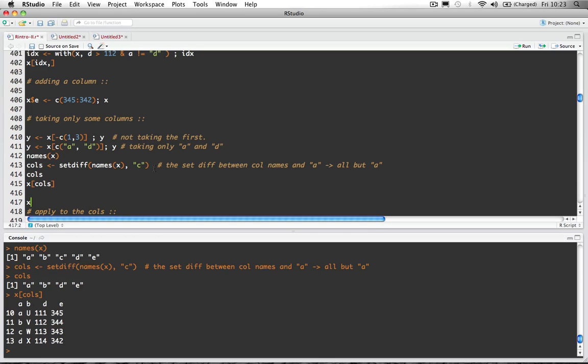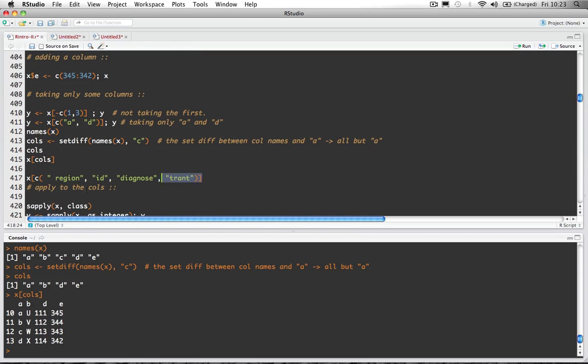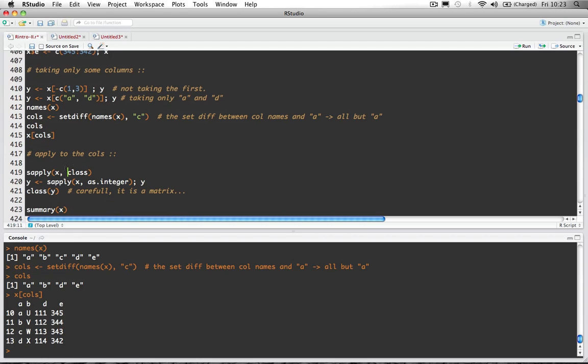X over C. The first name is region, and after second name is ID, the third is diagnose, the fourth is treatment. So we had to do that all the time, and we can so quickly erase a few columns using this command, and it's safer because we are not gonna make mistakes. Okay, so now